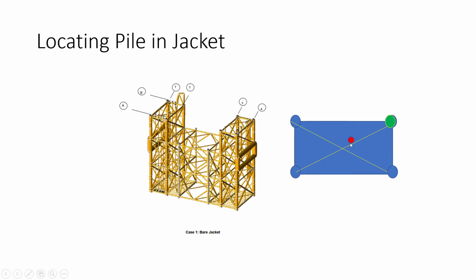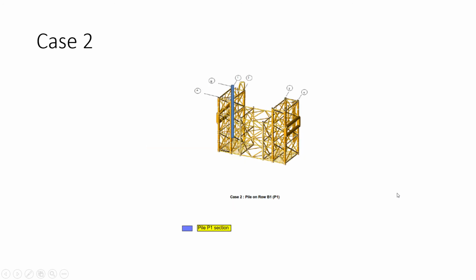Instead of this, if you place your pile over there, what will happen? Your COG is already here, and again the COG will go close. So during the lateral load of the wave, this will get overturned. In order to avoid this, from this schematic you have to conclude where to place the first pile. Okay, as I told. That is case 1.